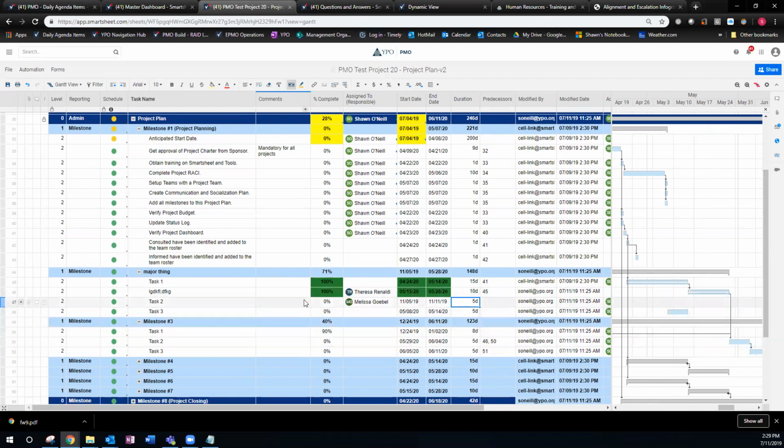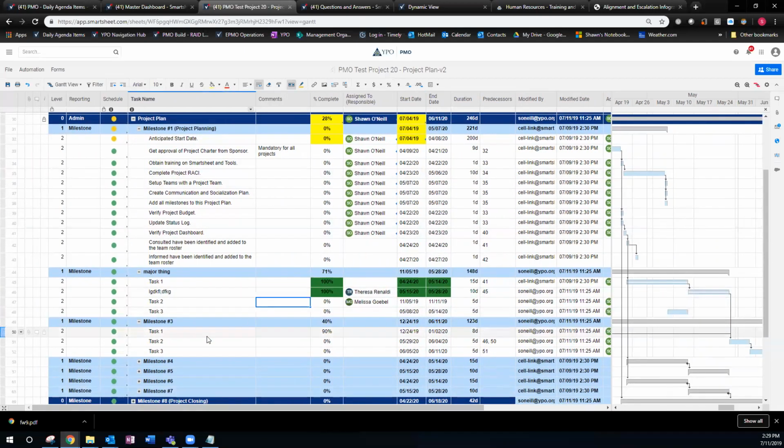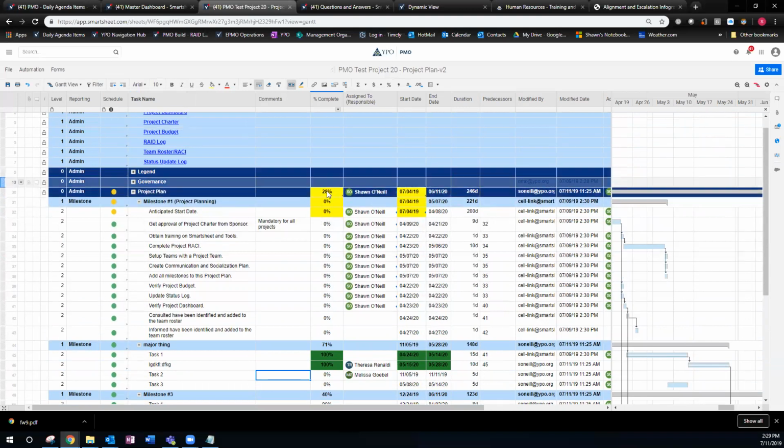So that's useful. I find completing any project, you really need to know what you need to do and in what order. And so I find this pretty useful to have a project plan. But anytime someone says, look at the project plan, they're usually referring to a project schedule, which officially this is just a project schedule, but it's a list of tasks to complete your project. All this, these balls will roll up. This percentage complete of 28% will roll up, and you will see them